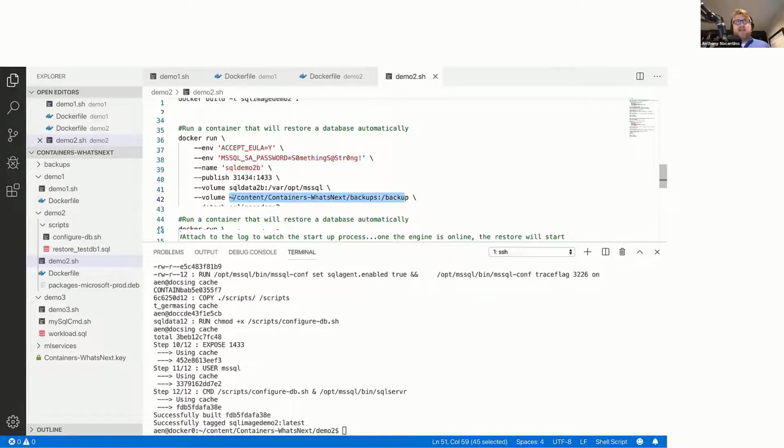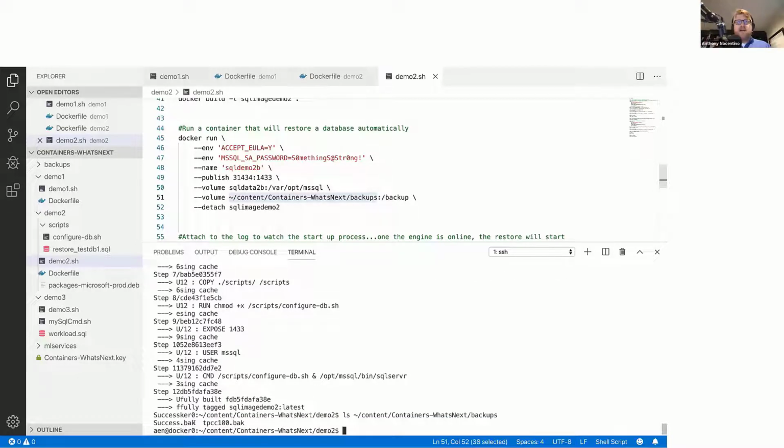And so inside of this directory is where my backups live. In fact, if I grab this exact code here and pop it down here at the bottom and do an ls, you can see I have two backups in there, testdb1 and a tpcc backup. That's going to be available inside the container at this location. And so that's really the key difference between a bind mount versus a Docker data volume.